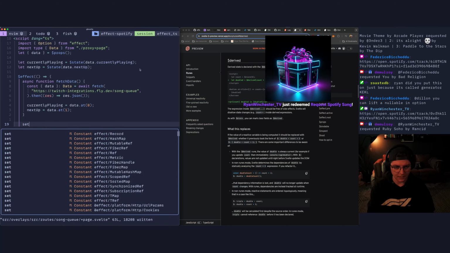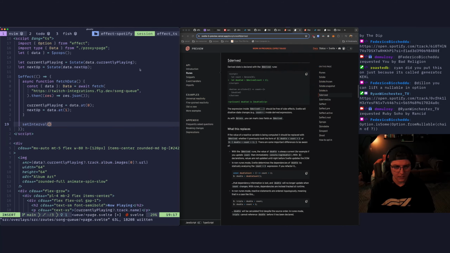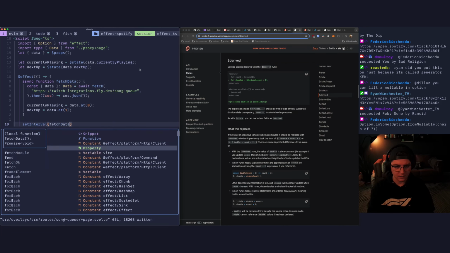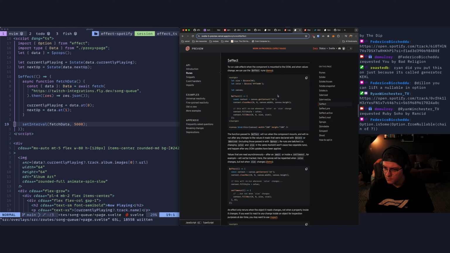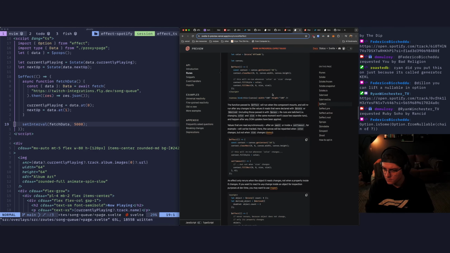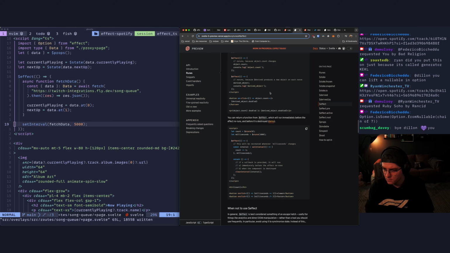All right, so now we want this effect, and we're just going to do setInterval, and then like every fetchData, I don't know, every 5 seconds. And then does this have a cleanup? Yeah, okay.